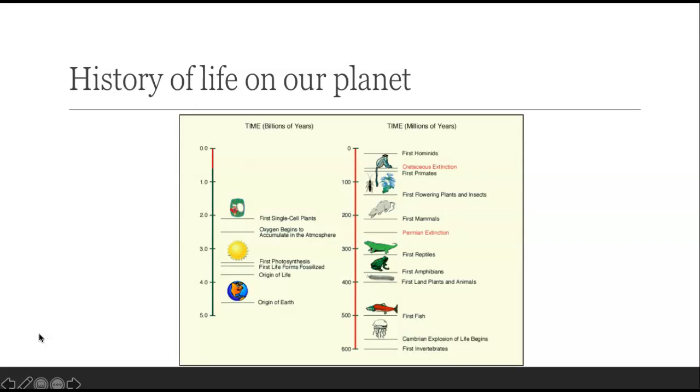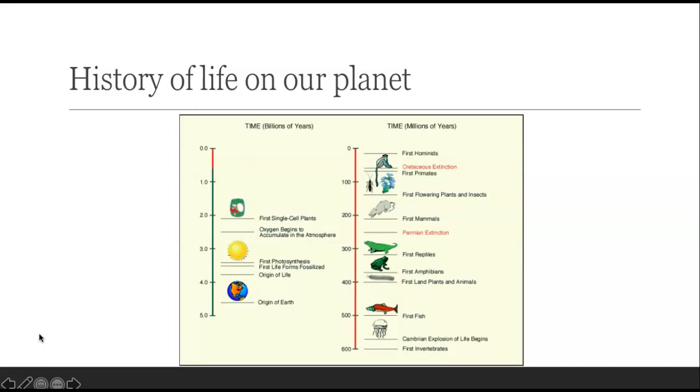This one's going to be about domains and a little bit about what constitutes a living organism. So here's an interesting thing that I want to talk about, and it's just the history of life on our planet and the sheer vast amount of time that the Earth has been around, and how small of an amount of time that some organisms that you're very familiar with, including humans, have been around.